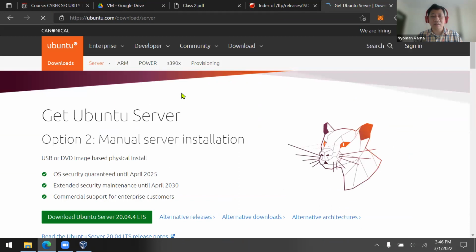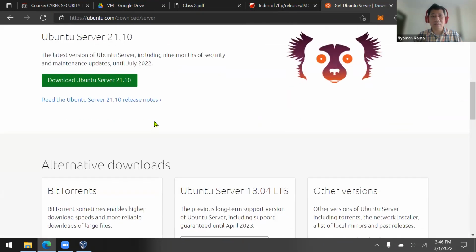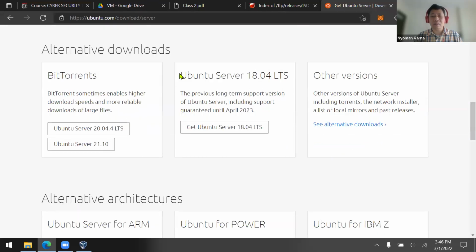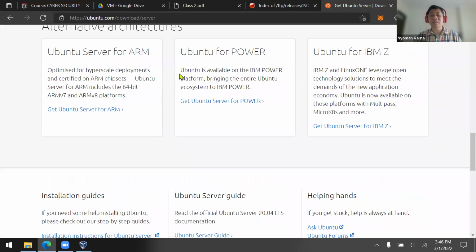You cannot see the size of this Ubuntu file, but actually it's around 1.8 gigabytes. So it's very big, even for me.